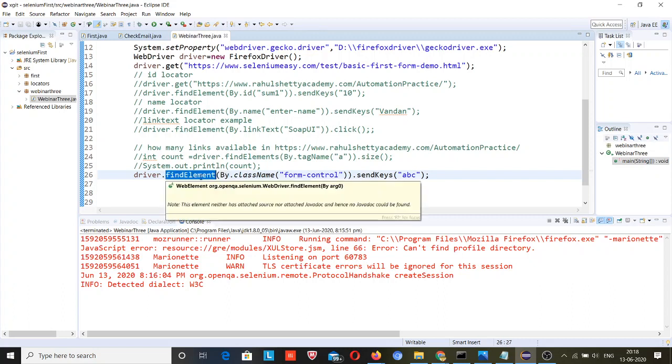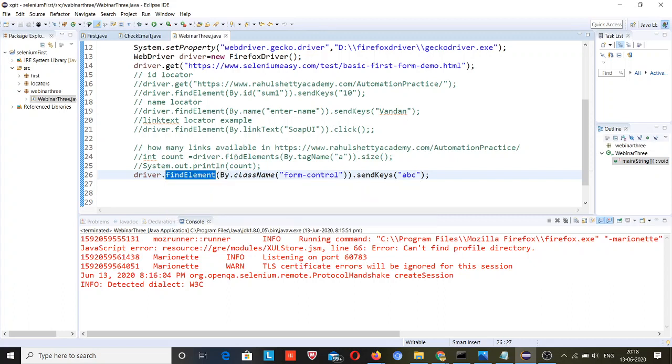For that you need to go with the find elements method. Find elements is used when you are locating similar kinds of elements with the same class name, the same tag name, or the same kind of locator value. So it is better to go with find elements in that case.